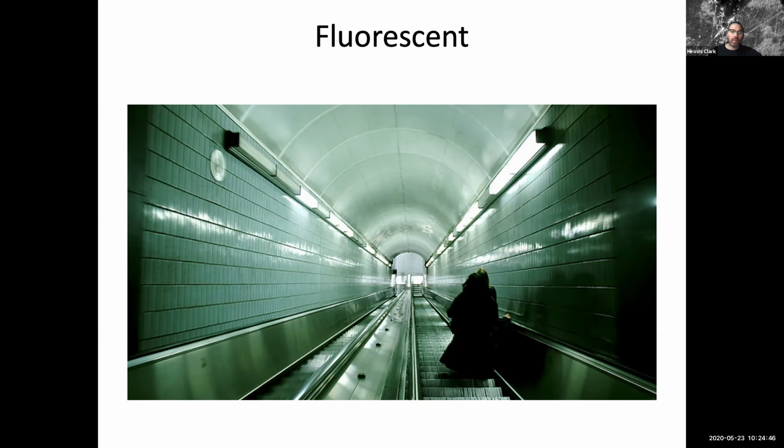Fluorescent, you could have different kinds of fluorescent tubes. You've all seen signage with fluorescent lights and things like that. The tubes can be different colors, but a normal fluorescent light would be this sort of green color. Okay, now